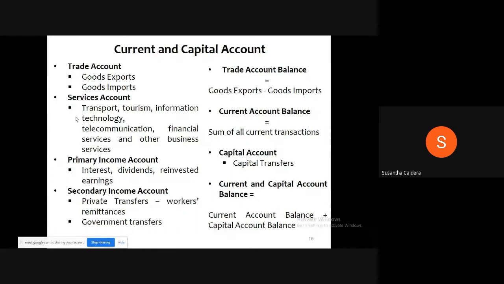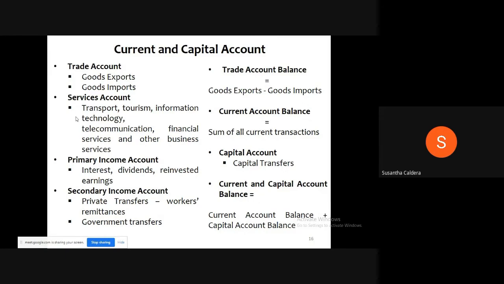Just imagine what has happened to our economy. Service account, the transport came to a standstill, at a loss. Tourism, zero. IT, telecommunication, then private transfers, worker remittances, income again. So trade account balance is